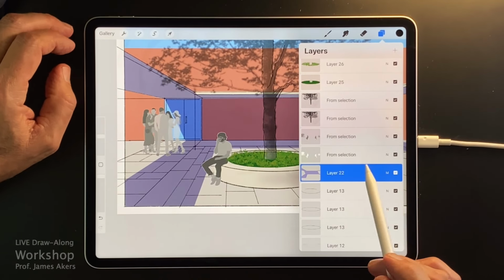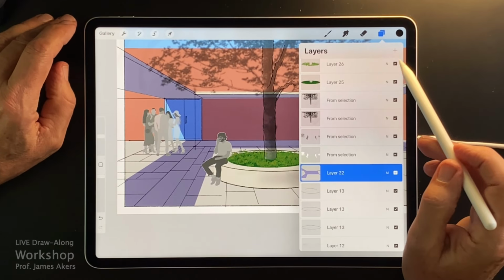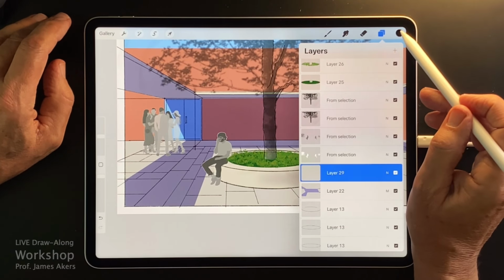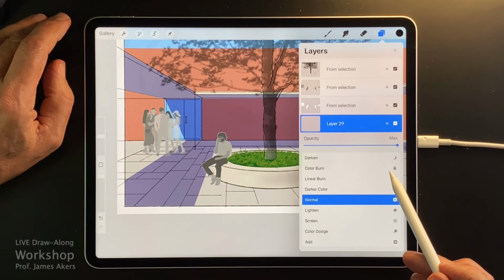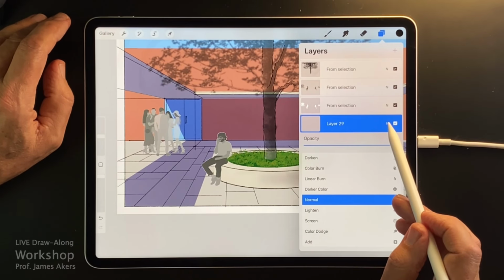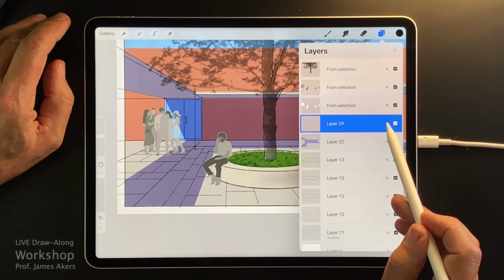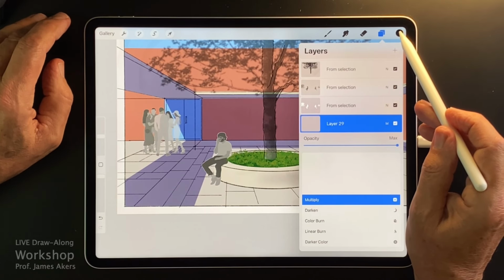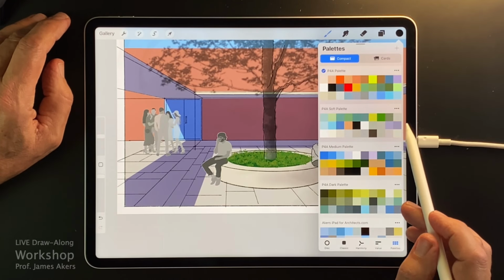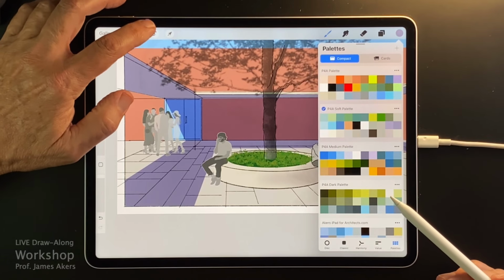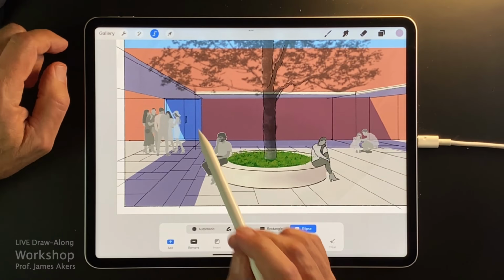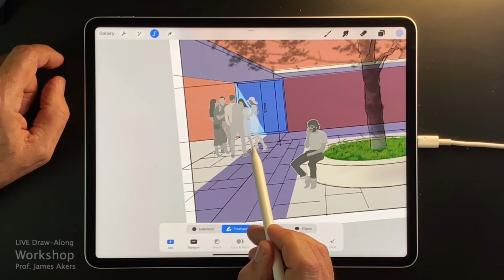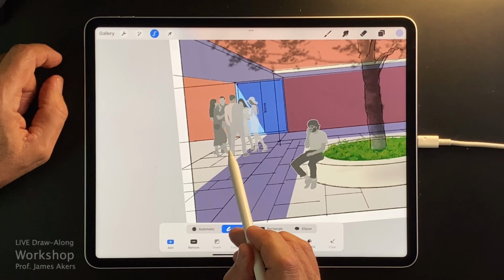And I keep adding to your misery, but I'm going to do one more fun thing, which I really love to do. And I'm going to add to this layer, and we're going to go back and do that same shadow thing again, where ahead of time we tap on the blending mode and go into multiply blend mode, and then we're going to go into that gray violet that we picked and into the selection tool freehand, and I'm just going to add shadows under these people, which is really going to make it really come alive.